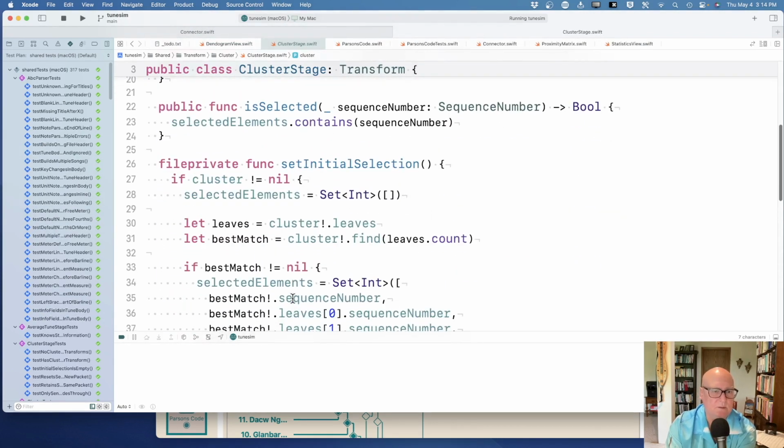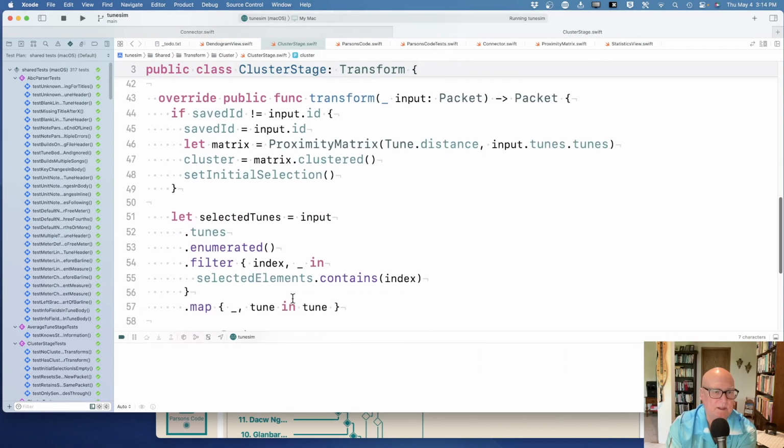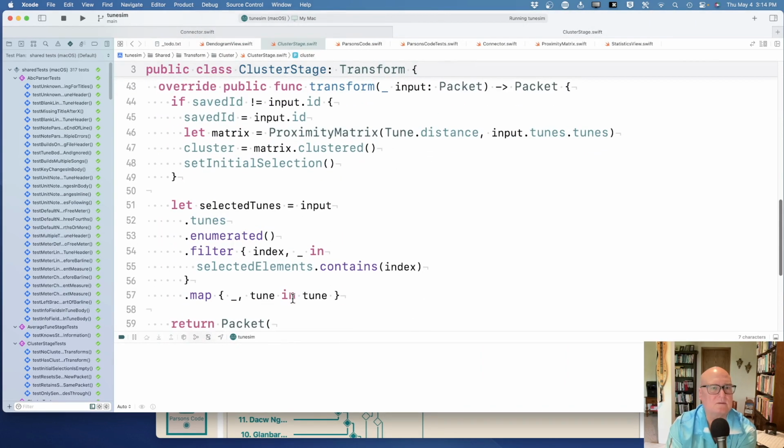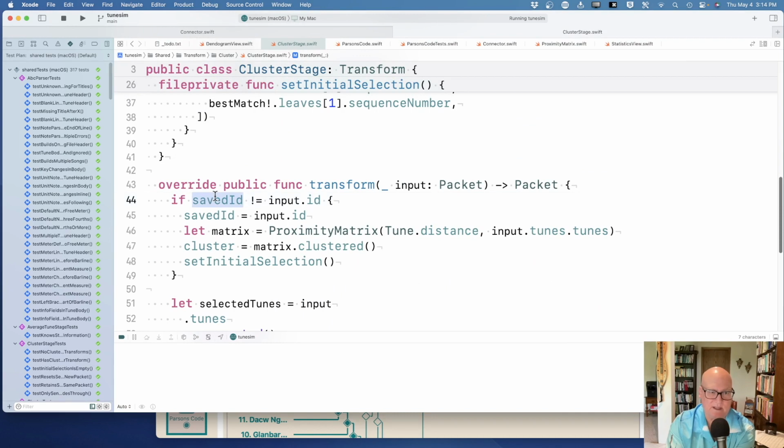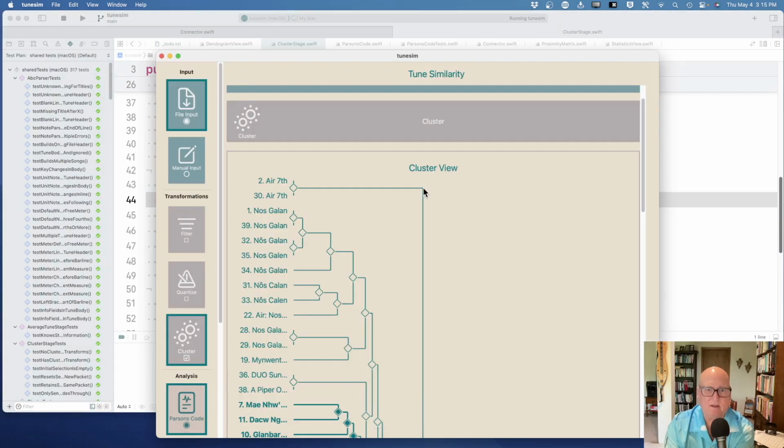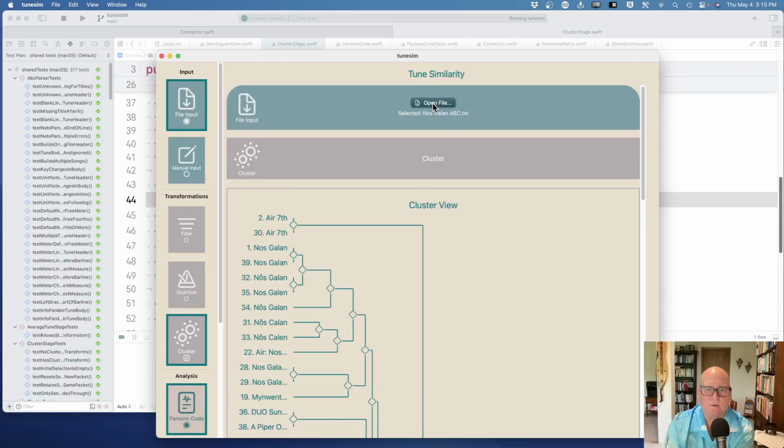Okay, so where do we keep track of that? Where's our transform? Right, we did this saved ID stuff. Now, I don't know if I'd like to externalize this because I kind of want every stage to do this. But what happens is, let's ignore this view, but